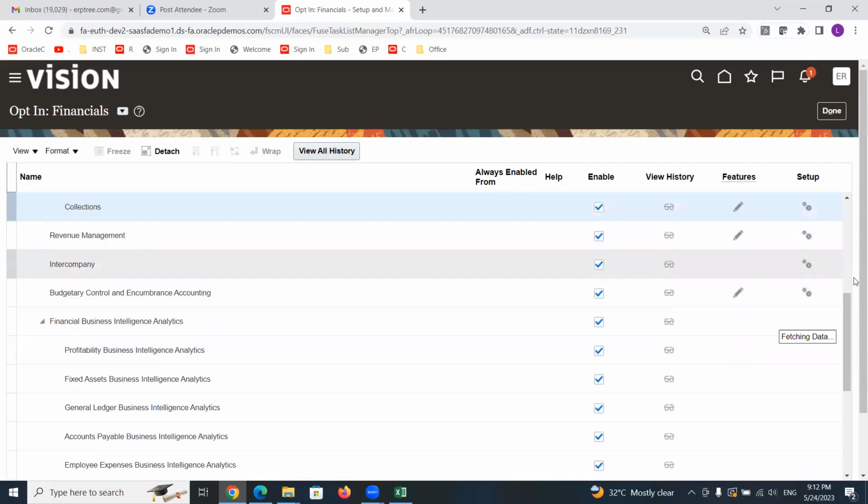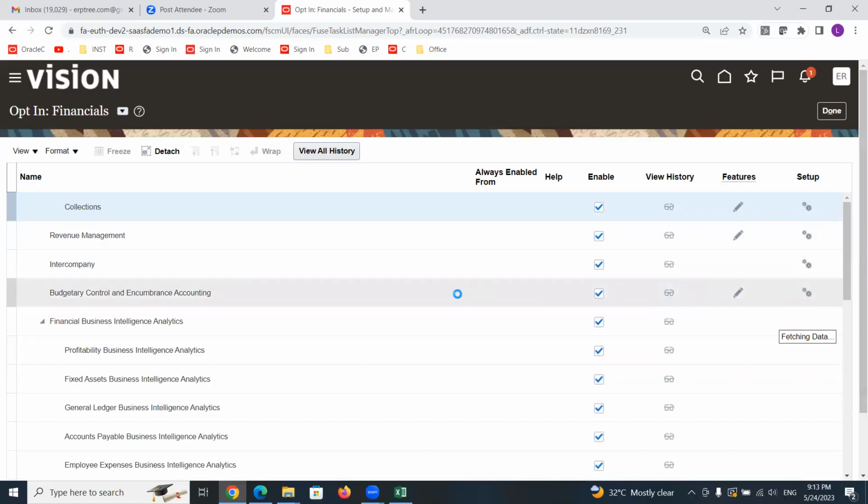Revenue management is a separate application again. So this is how we have different options inside financials. When you enable financials, enable everything. You can set up what you are really going to implement. That's it. This is how you can enable the offerings and, within the offering, the specific options.